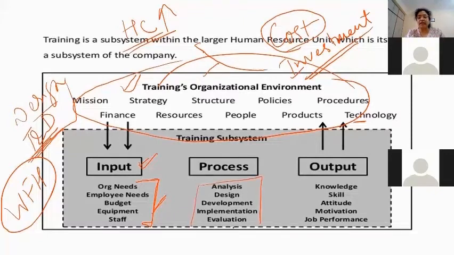This we will discuss in our subsequent classes. What are the various steps involved in the training process? Once we have decided what training is to be given, and to whom training is to be given, we start the particular process, right? We will discuss this in our later classes, and ultimately, why is the organization giving training to people? In my class, I always focus, always ask whys.